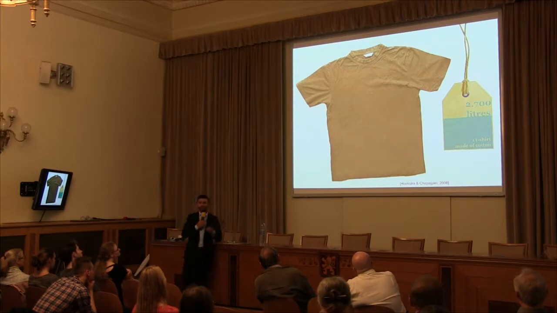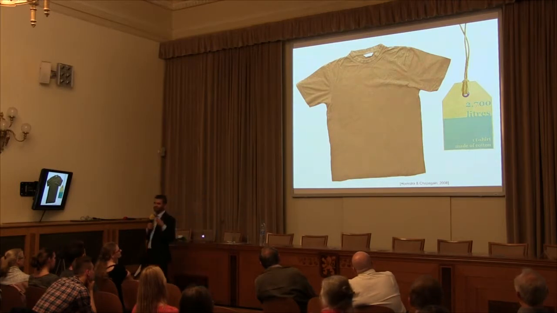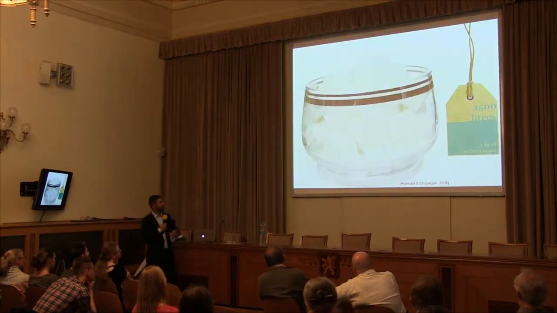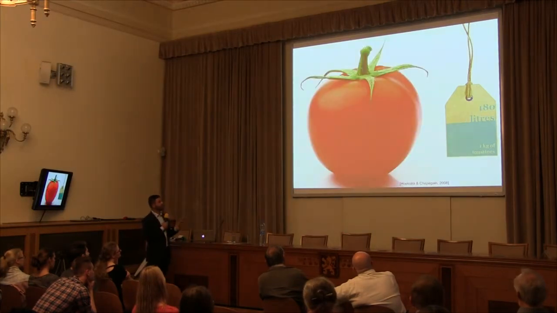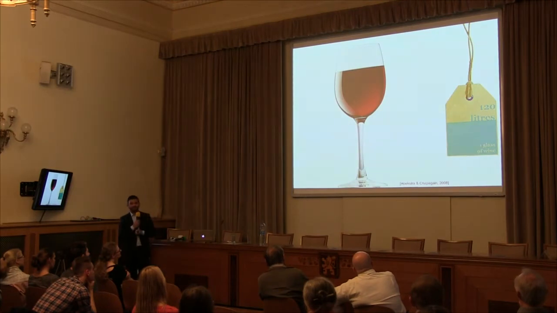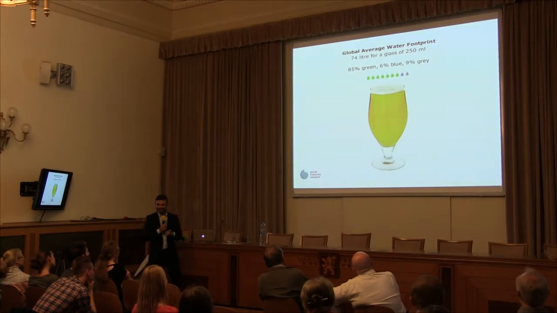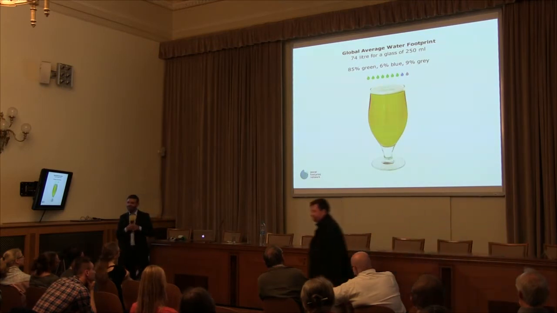A t-shirt, 2,700 liters. Same, cotton, and the wet processing means dyeing the fabric and everything, so it includes 2,700. Sugar, one kilogram, 1,500 liters. Tomato, 180 liters. A glass of wine, 120 liters. I can continue all day. And beer, which I added just today because I know that in Czechia beer is such a national drink. On global average, it is 74 liters. So it is not that high. But